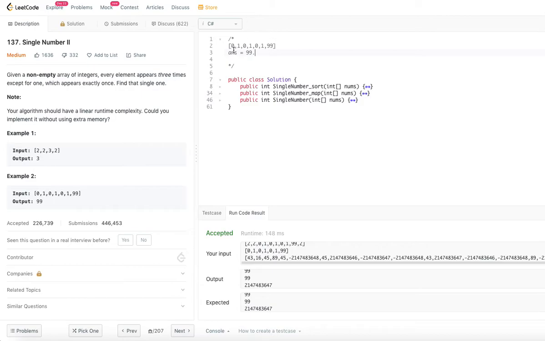In this particular case, if I sort, the sorted array will be 0 0 0 1 1 1 99. Now you go through the unique numbers, and whenever the count is 3, you reinitialize. If the count is just 1, you return whatever number doesn't have a count equal to 3. So this is one simple way. First step is sort, and then the next step is you sort it out and